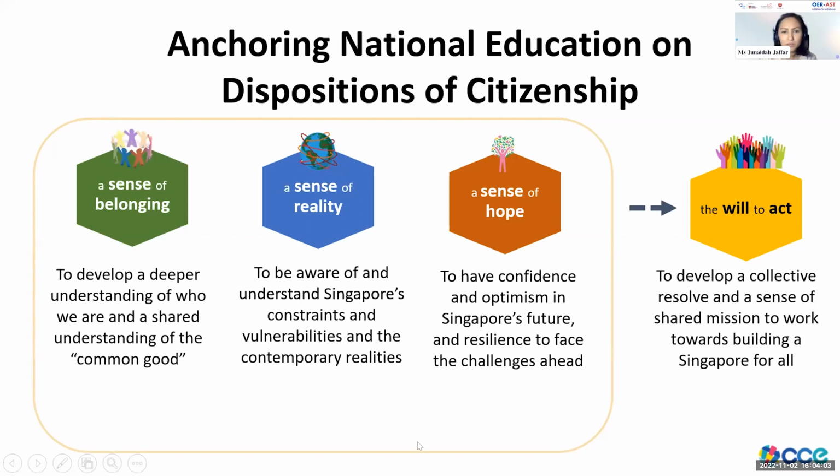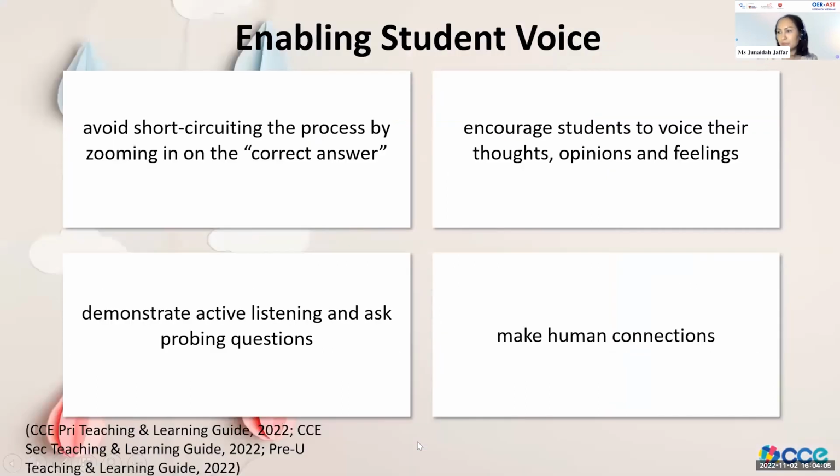citizens. So earlier, we briefly examined the local and global context we live in and the future our students will be growing up into. We know that our students have something to say and they want to be heard. Hence, we need to enable students to voice their thoughts and feelings. The classroom is the best place to start because it is a safe and conducive space for students to begin engaging one another, even in sensitive topics, because these discussions are conducted under our careful guidance and with the necessary